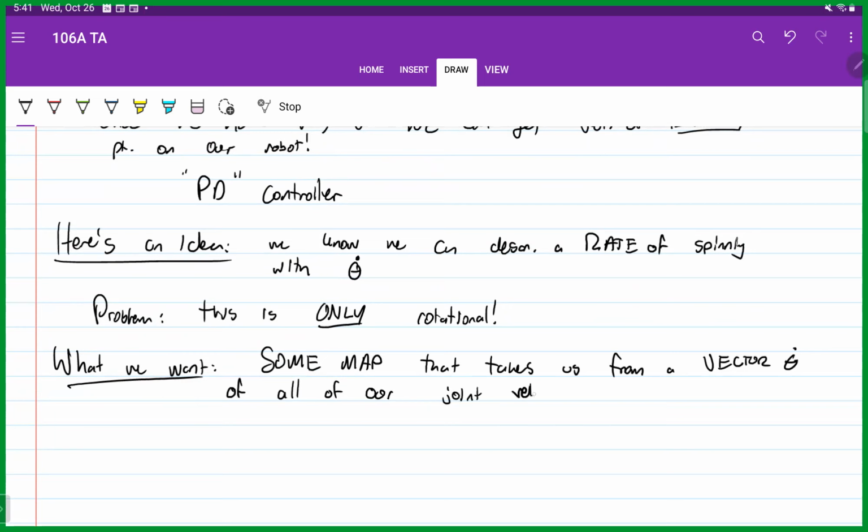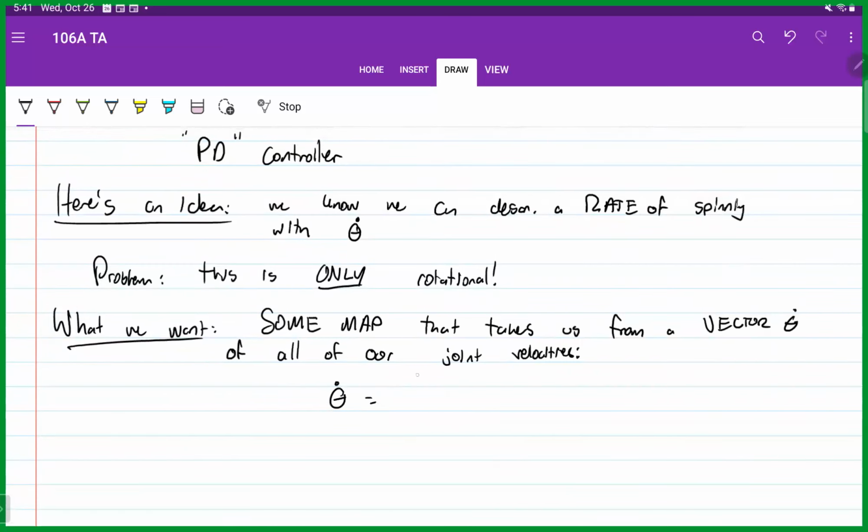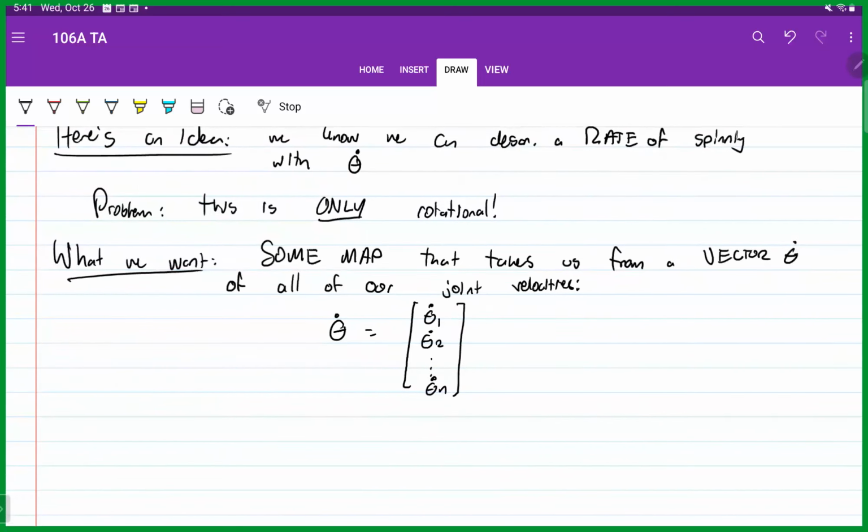For example, we could write out this theta dot in full as the rate at which our first joint is spinning, the rate at which our second joint is spinning, and so on and so forth, all the way until the last joint. So we want to find a map from this vector into the rigid body velocity of the end effector